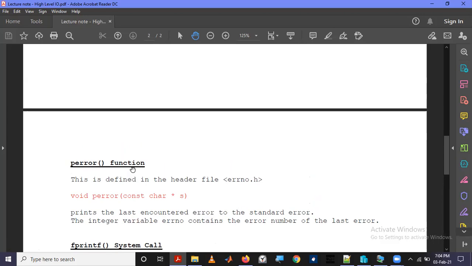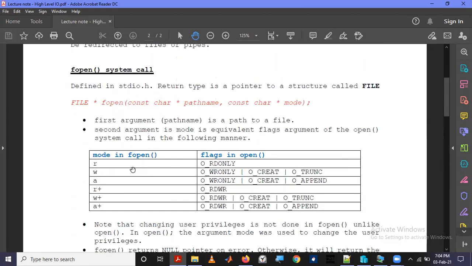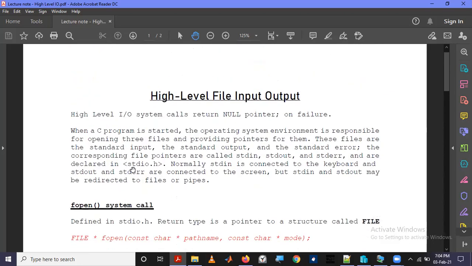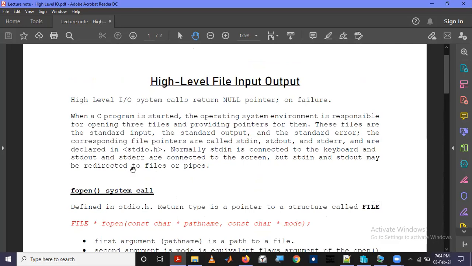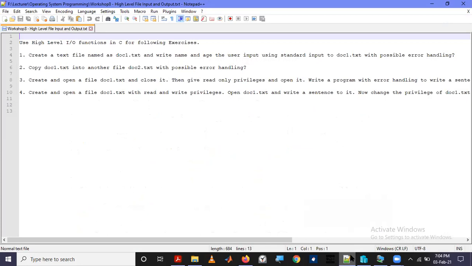Okay, so this is the background for today's exercises. If you had understood this lesson, then you will be able to do the examples that we are going to discuss today. Okay, we'll start the exercises for this class today.